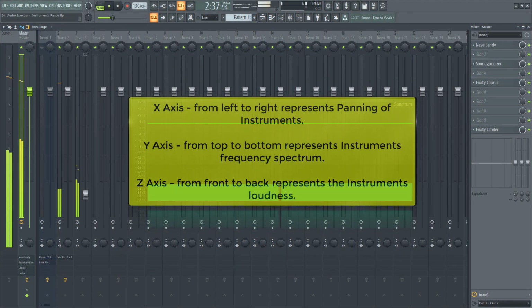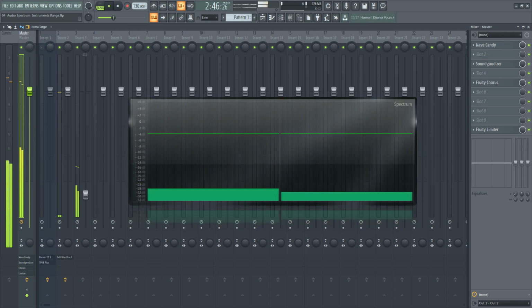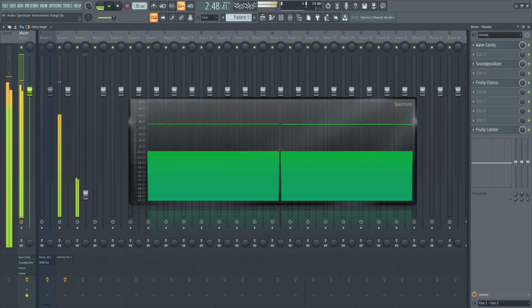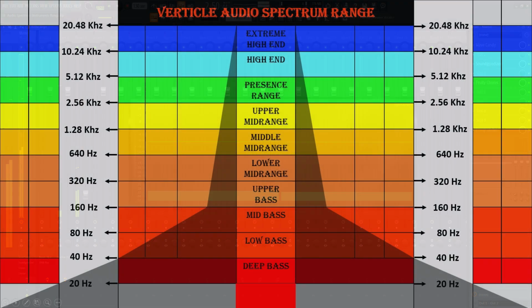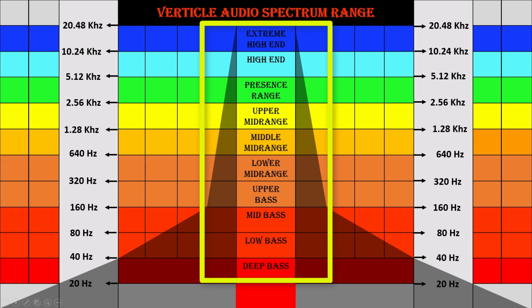No doubt this is where equalizers come into play and is the key tool for your mixing skills. Great, let's have a look at the chart again. From top to bottom, the frequencies are divided into 10 sections, and each section is carrying a specific name for the range.